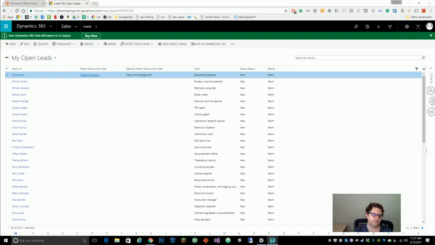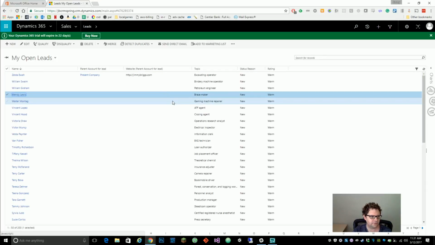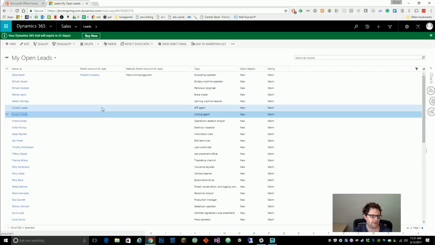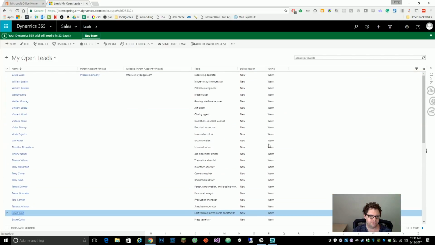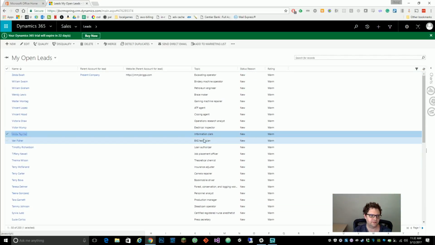One of the new features of Dynamics 365 is the ability to create an editable grid. So this is a leads view of leads inside the system. I've added in a couple of columns here, like parent account for lead and the website of that account. I've also added in the rating, and a lot of times for years users have been requesting the ability to